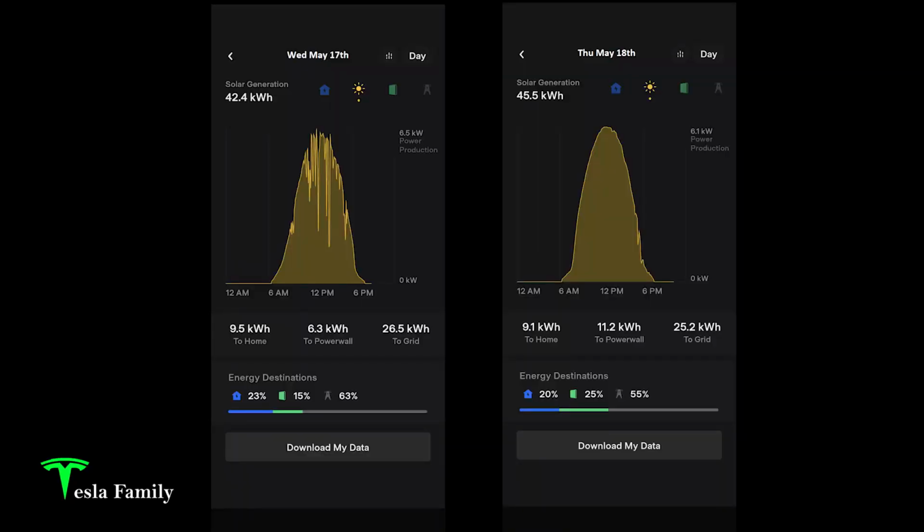All right, here's a side-by-side comparison from my Tesla solar app following cleaning the pollen off my solar panels. On the left, we've got before the pollen was cleaned off. And on the right here, we've got the day following the quick cleaning of my solar panels with the garden hose. Taking a look really at the solar generation, we can see that we're up a little more than 3 kilowatt hours. That's great. I'm pretty sure that cleaning off the solar panels did help, at least for a portion